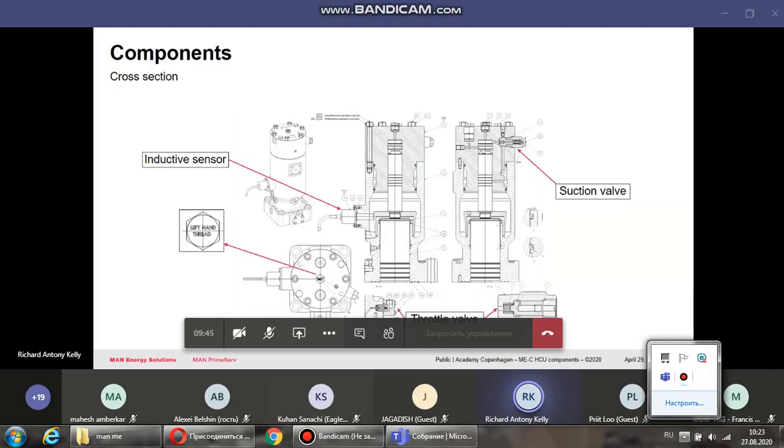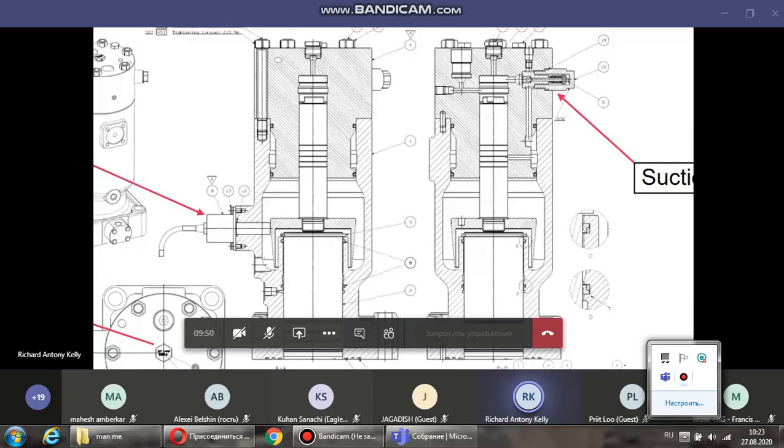Looking at the design drawings, we can see here that we have the top cover and the suction valve shown here. Inside the top cover we have the plunger, so the top cover and the plunger act as the plunger barrel if you compare it to the MC fuel pump. Then we have the main housing here. And we can see as we follow the plunger down, we have this conical form, this umbrella seal, and the umbrella seal, or the conical shape of that, is where the feedback sensor is